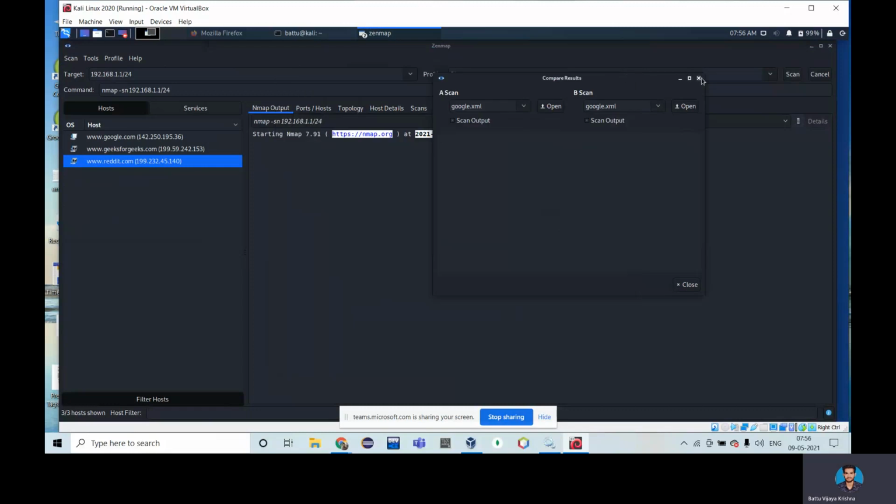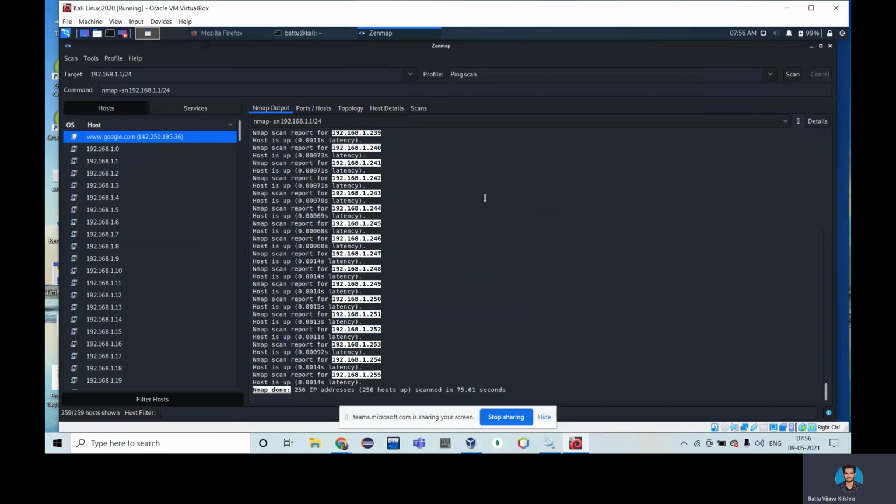We can perform the scanning with comparison also. This is the way you can use the GenMap library very easily, and it is a very useful tool for network administrators and all the people who want to scan the whole network, to see what they are using, or what they want.